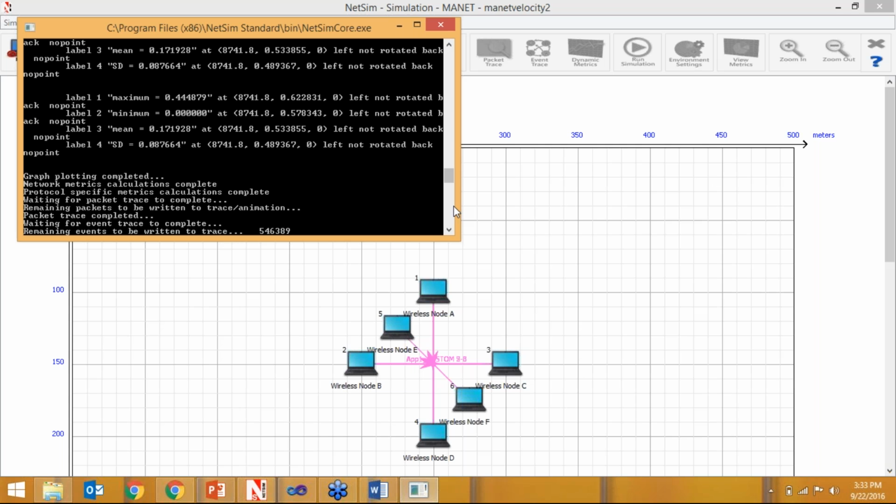So it is taking some time for simulation. Now we will also see the animation of this result, because we have increased the speed. The mobility has increased very much when we increased the velocity from 10 to 30 meter per second. When the velocity increases, there will be more movement between the devices, and more data will be lost, and